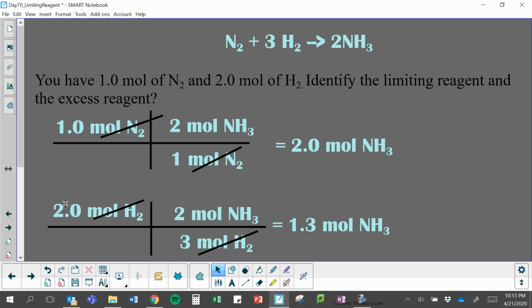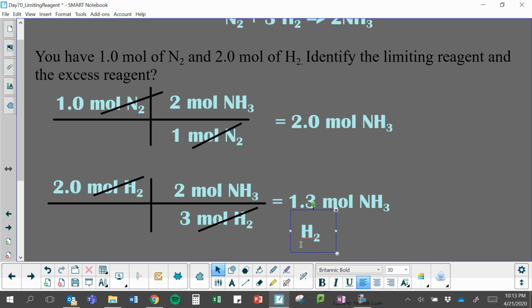So because of that, the H2 that we make a smaller amount of is going to be our limiting reagent. So remember, it's whatever we're starting with. So it's not NH3, that's our product. It's always going to be the thing you started with. So our H2 is limiting